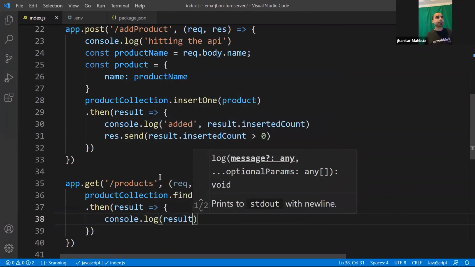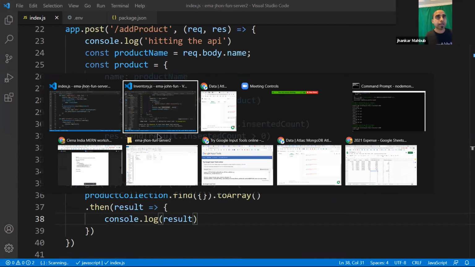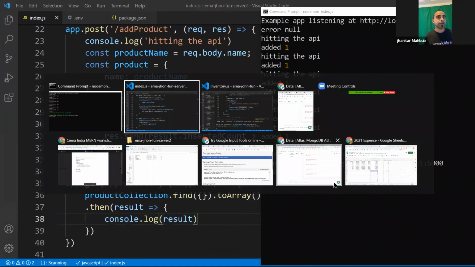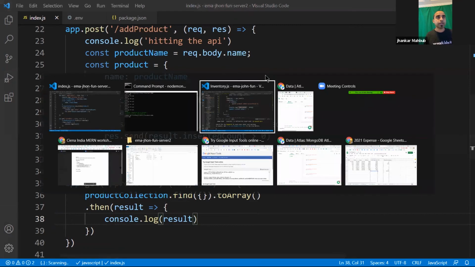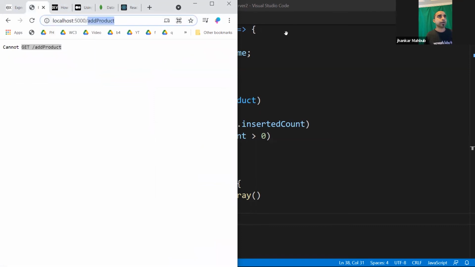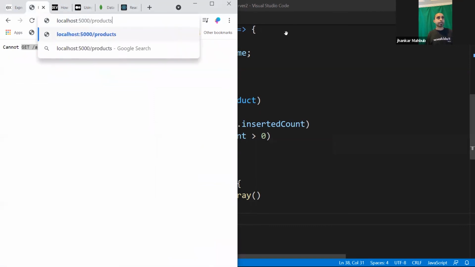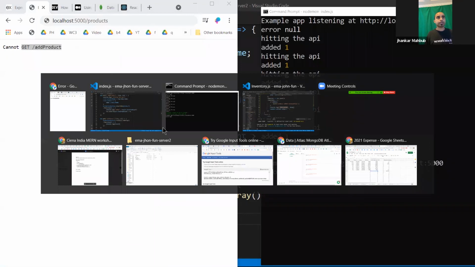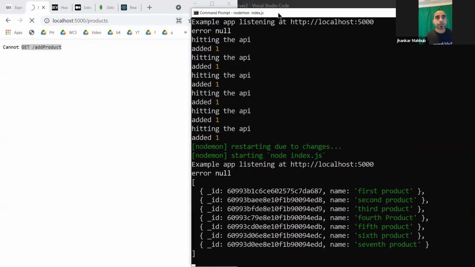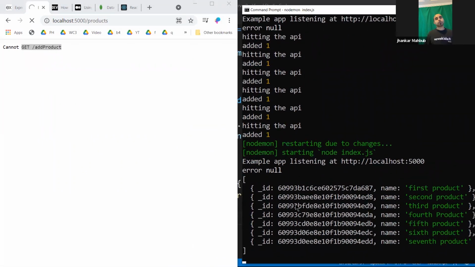If you save this, let's try it and see what happens. So this is on our server side, and we go to the client side, and then this location, where is this? This is our slash products. And where is this? It's here. So if you go to these products, you see all these products are actually loaded here. If you come here, you see product 1 to 7, everything is console logged right now.